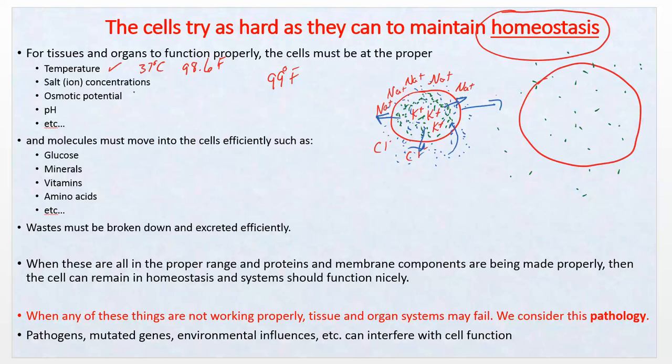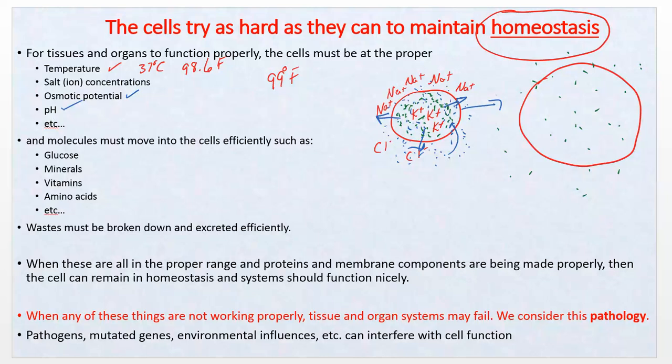So osmotic potential, yes, you are always at osmotic equilibrium. Okay, and that is homeostasis. That's where it's supposed to be. pH, everything likes to operate at a certain pH. We'll talk more about that. And by everything, I mean enzymes, protein enzymes, and channels, and that kind of thing. DNA, mRNA, ribosomes, all that stuff likes to work at a certain pH. Okay,